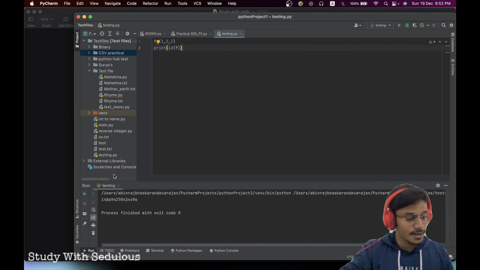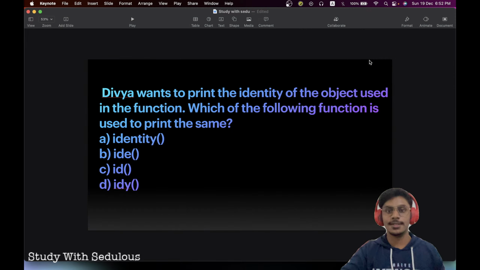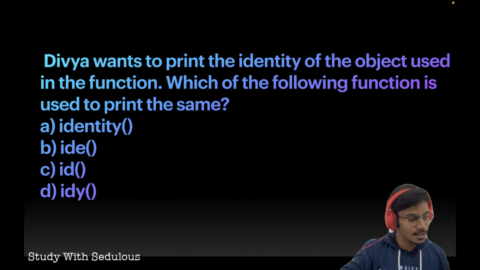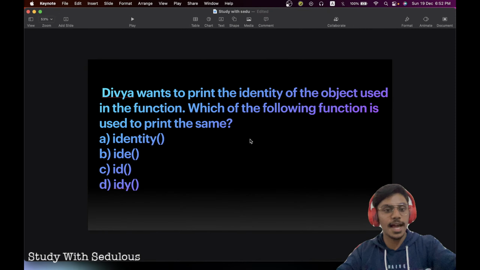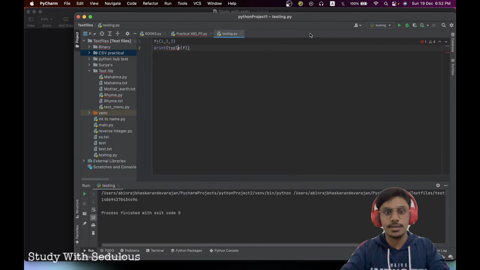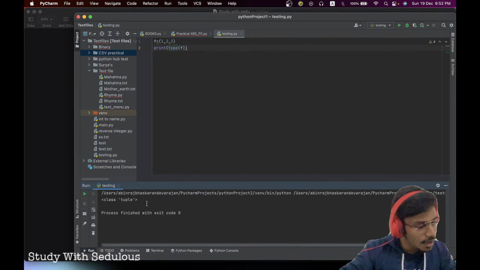You have a doubt? Fine, ask. What's the doubt? Difference between type and id. Okay, type is the type of the object, like tuple. If we say type here, it would be a tuple. That's what we're going to get. Type will be giving tuple as the class. And id will give you